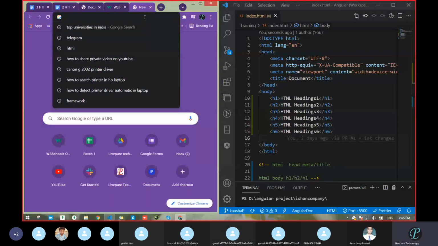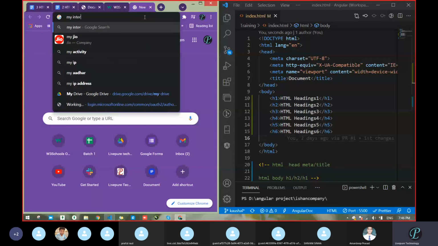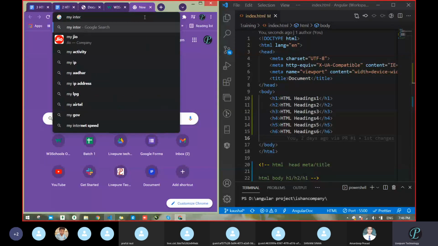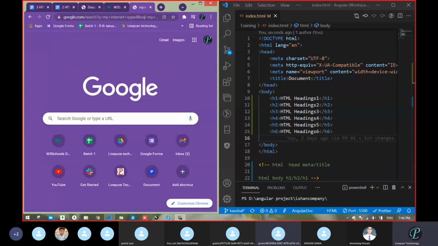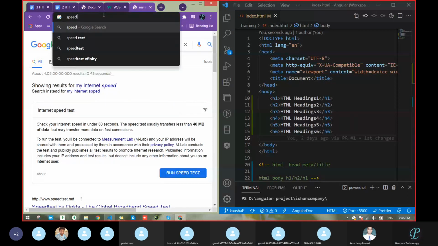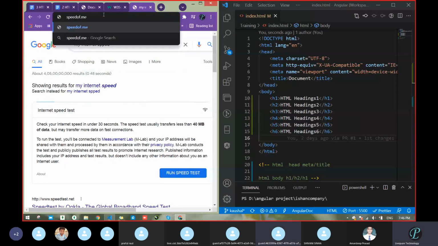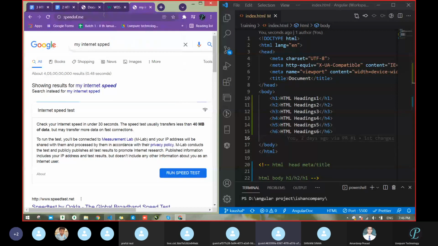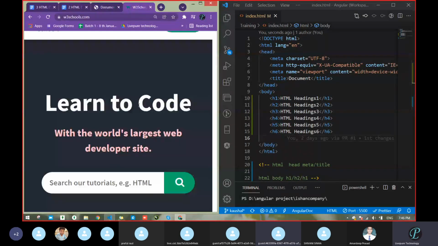If you want to check your speed, just search here for my internet speed. You will get it that way also. No, speedof.me is better. Oh, okay.